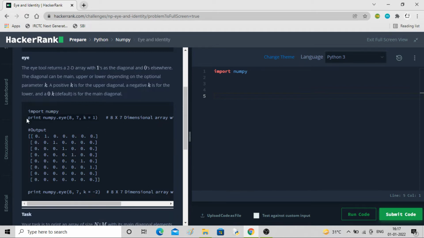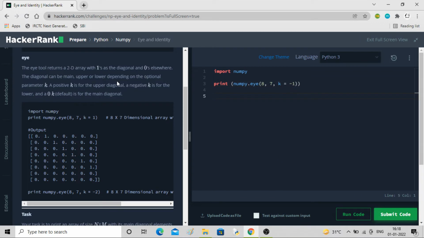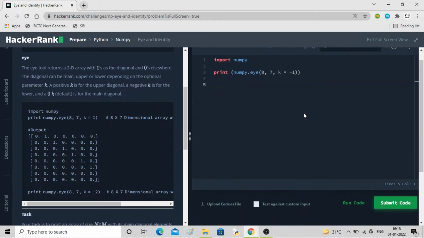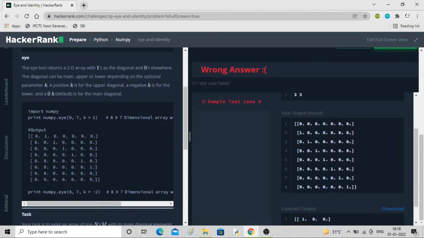Let me print it so that we will see all the diagonals. So numpy dot I you have to write in this case. Let me write -1 so that you will see negative, which is the lower diagonal. Let me run it. So you can see the lower diagonal like this.